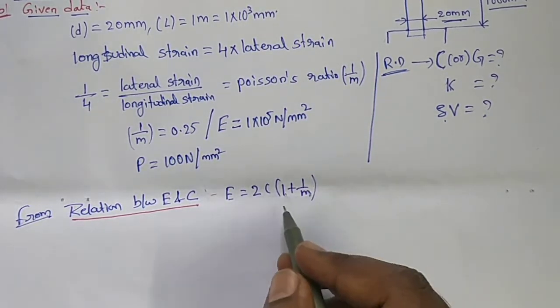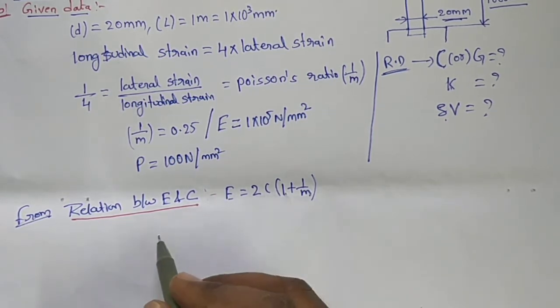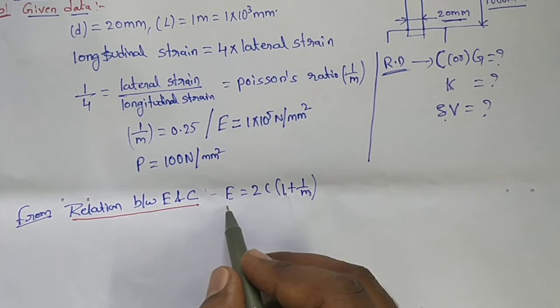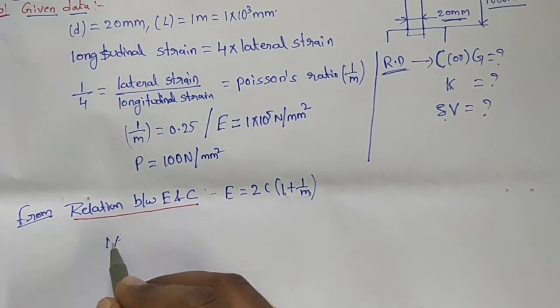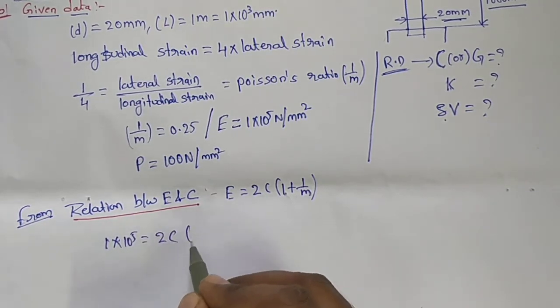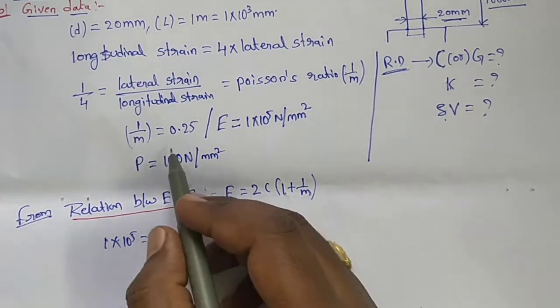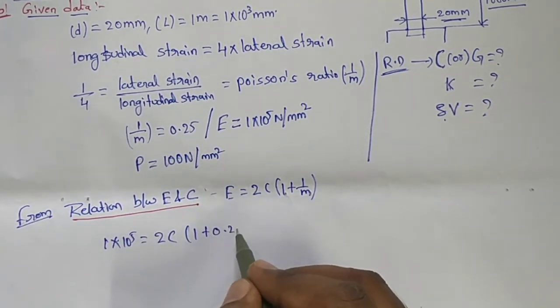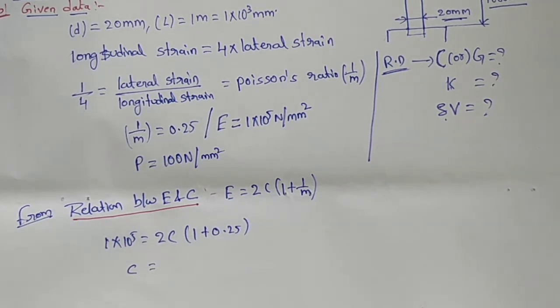It is the relation between Young's modulus and shear modulus. Substitute the Young's modulus value and Poisson's ratio: 1 into 10 power 5 equals 2C into 1 plus 1 by m, Poisson's ratio, that is 0.25. By simplifying this equation, we will get the value of